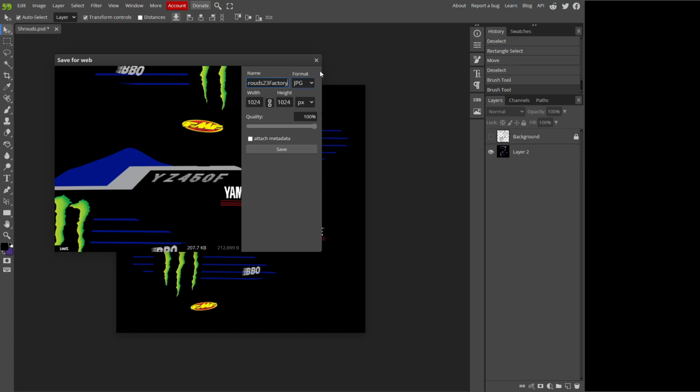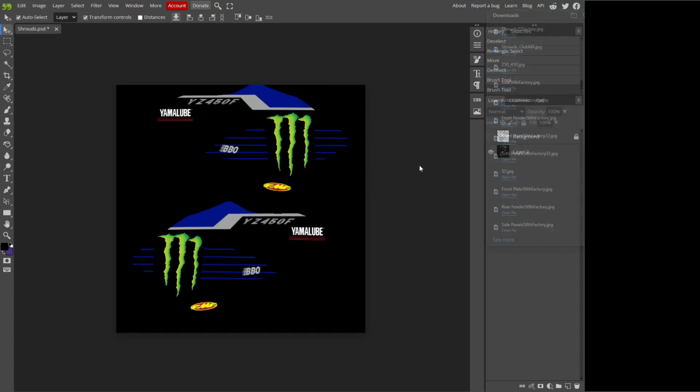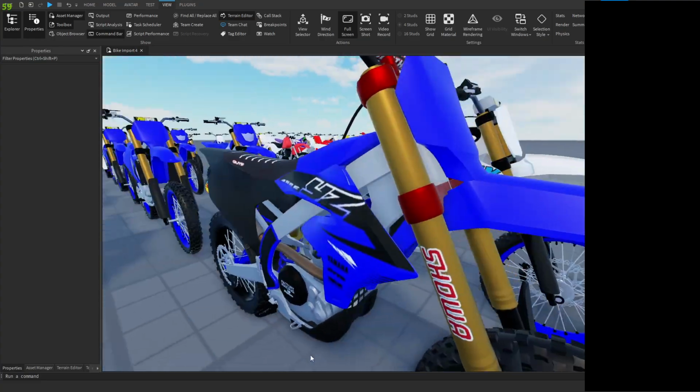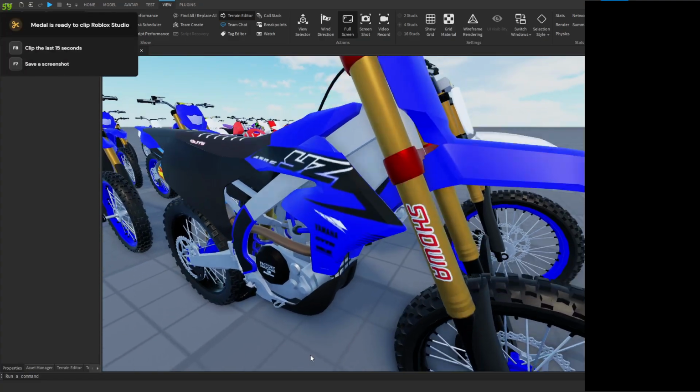Name it 2023 Factory, since this is a replica of the Supercross bike of last year for the 450, and go ahead and save it. So now you can go ahead and upload it to Roblox, and I'll show you how to put it into Bike Life. Okay, so assuming that you already have my bike in the studio,